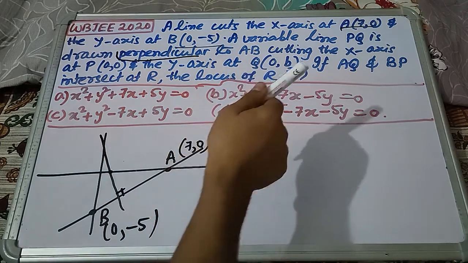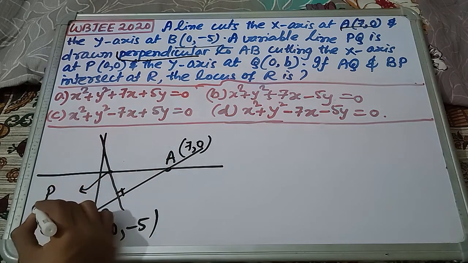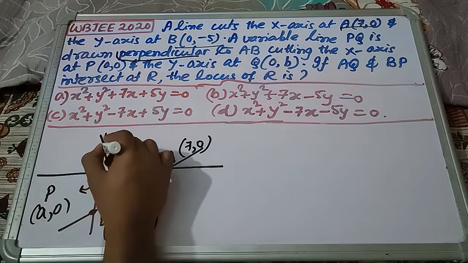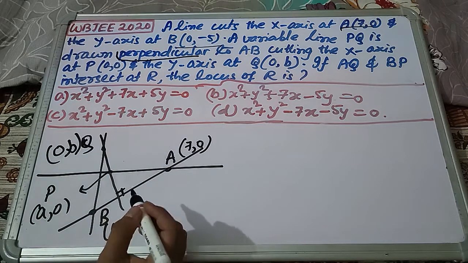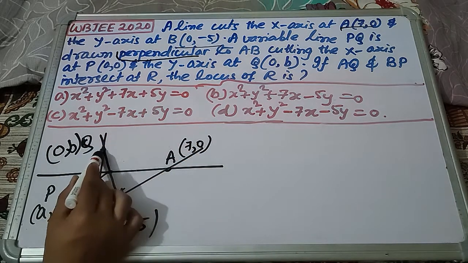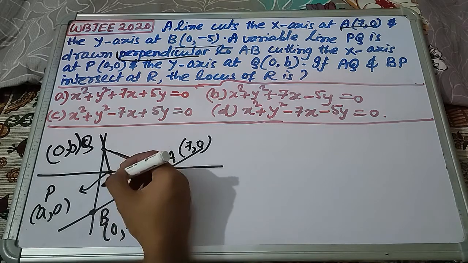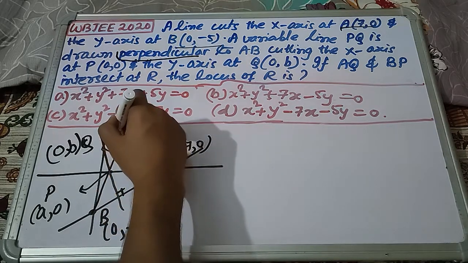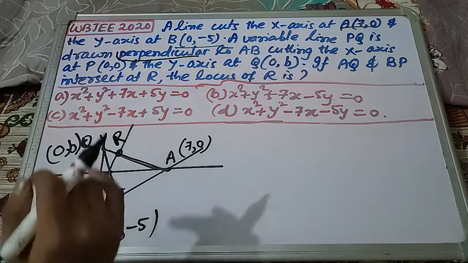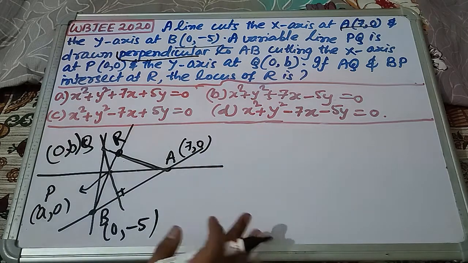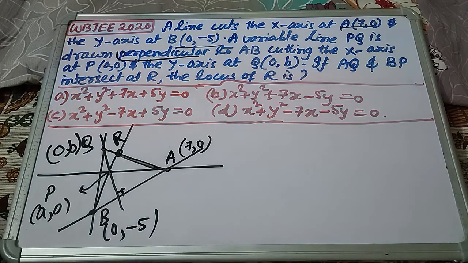that cuts the x-axis at P. So this is our point P, this is actually (a, 0), and the y-axis at (0, b). Now it says that if AQ, this is Q and this is A, therefore this is AQ, right? If AQ and BP, this is B and this is P, therefore AQ and BP intersect at R, we need to find the locus of R. So now let me erase this question part, and these are the options. If you want to give it a try after this figure, you may. So now I am erasing the above part to get some workspace.